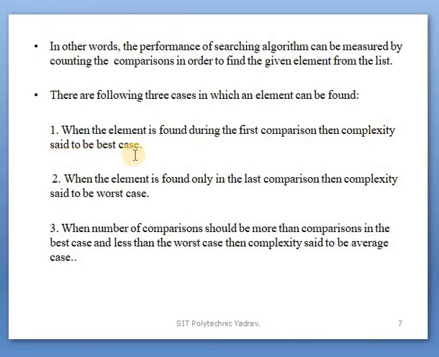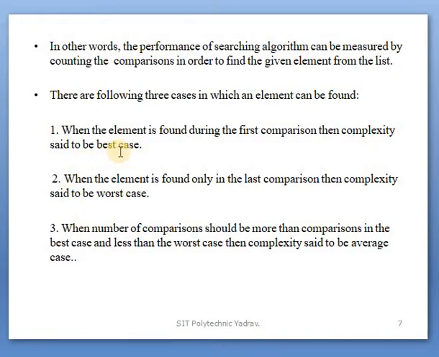Clear? The complexity is best when the element we search for in the array is found during the first comparison, that is, you get that number in the first attempt. This case is known as the best case.